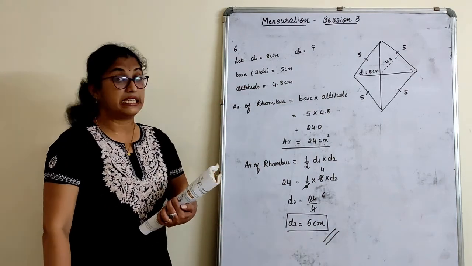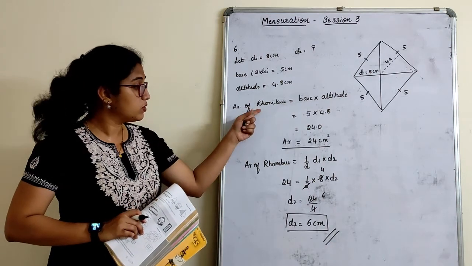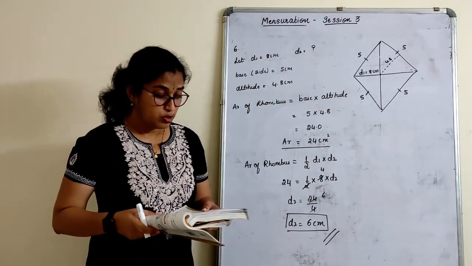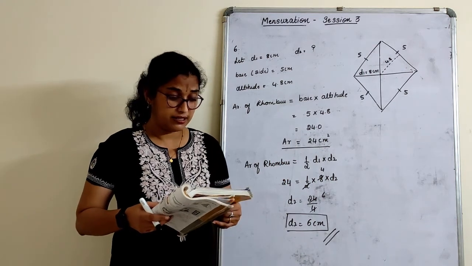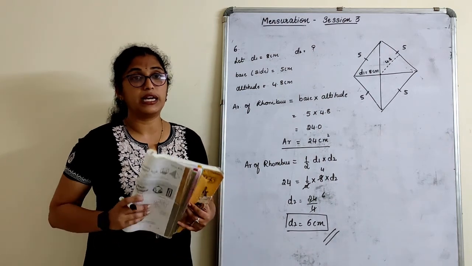That is how you find this. Understood here the formula? When to use this base into altitude? Use the same area for D1 and D2 and find the diagonal. So there we complete 6 sums in this exercise. Remaining 7, 8, 9, 10 and 11 we will do that in tomorrow's